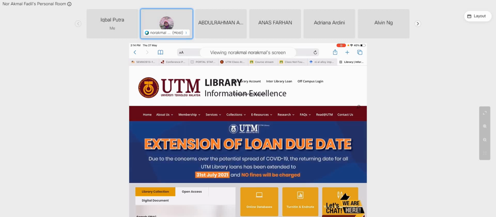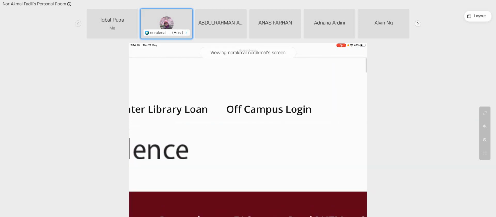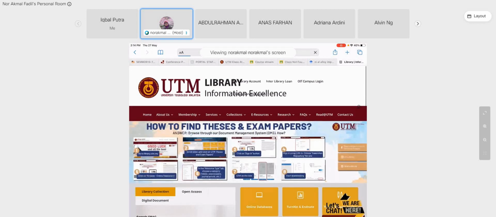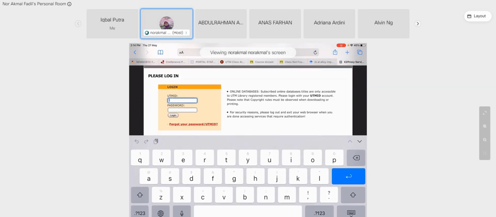Okay, how to get access through the off campus? Yes, this one, off campus login. So you log in through this one, and you can use your UTM ID, and of course it is consistent throughout all your UTM account. So if you go to this one, and then you can get access to all journals. Okay, for example,